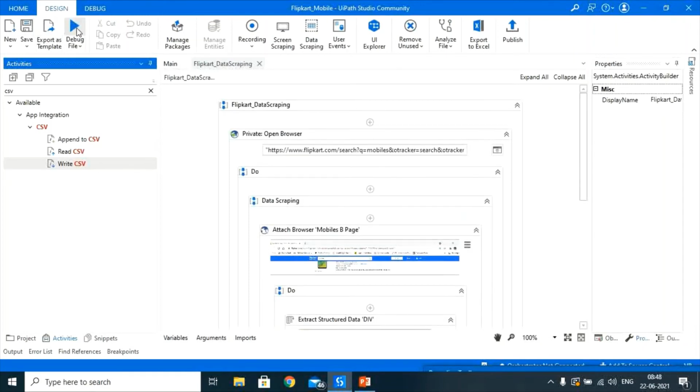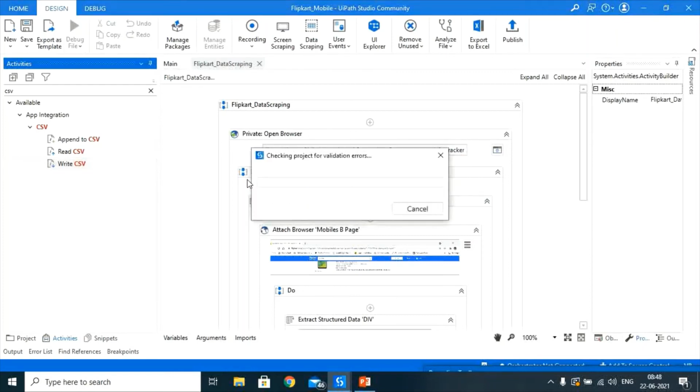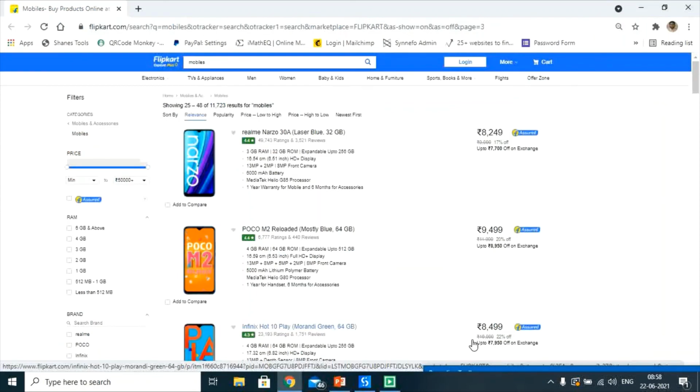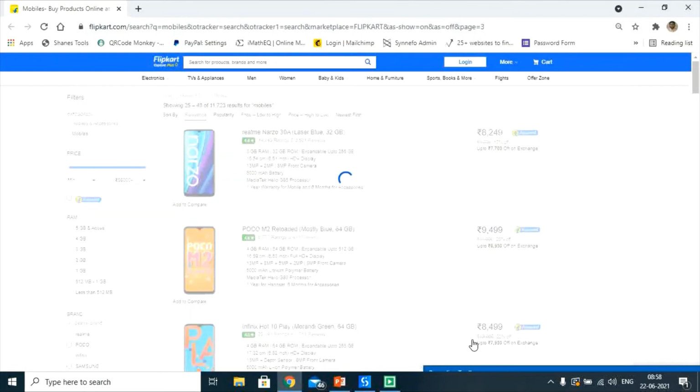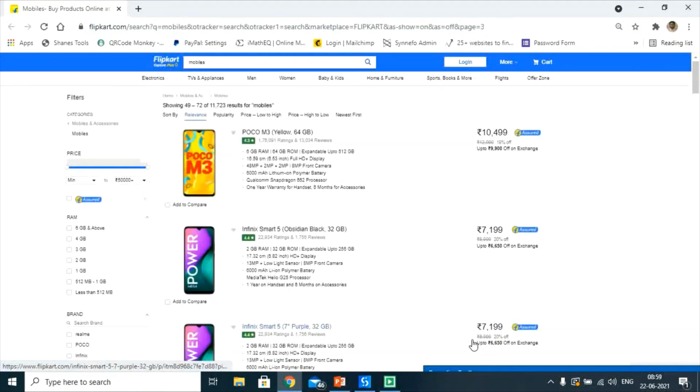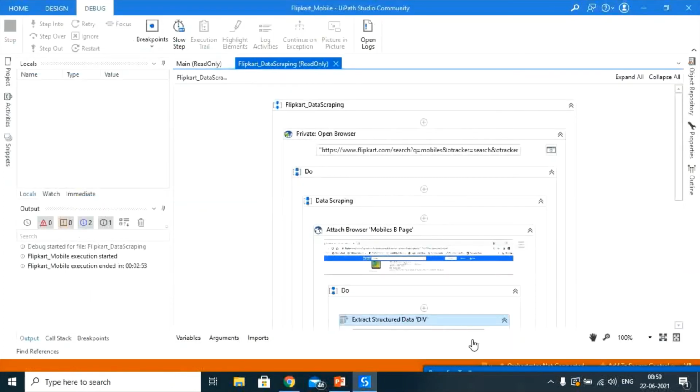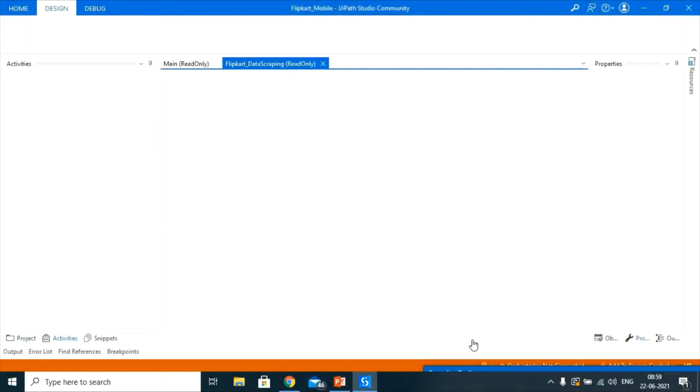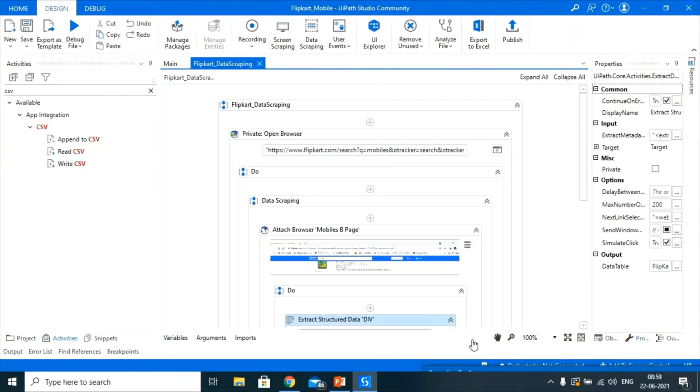Let's try to run this one and wait for the output. Yes, now you can see here the data got extracted.